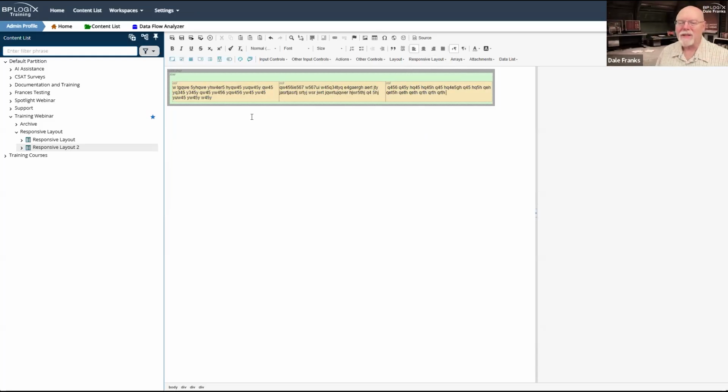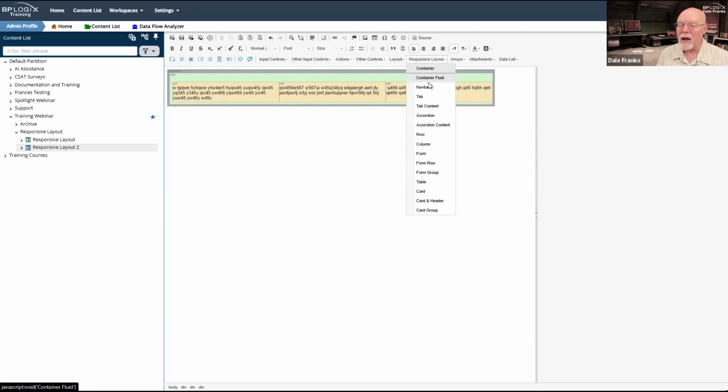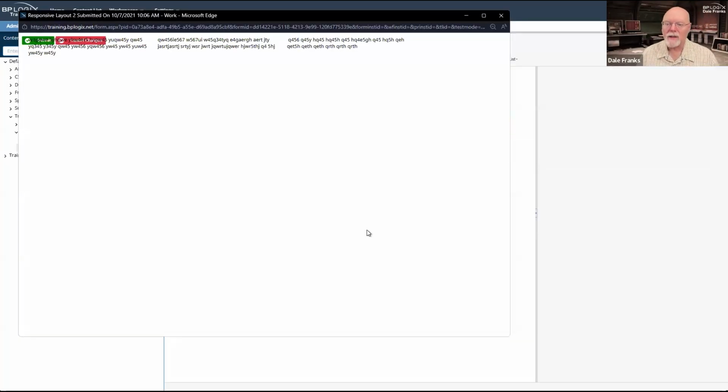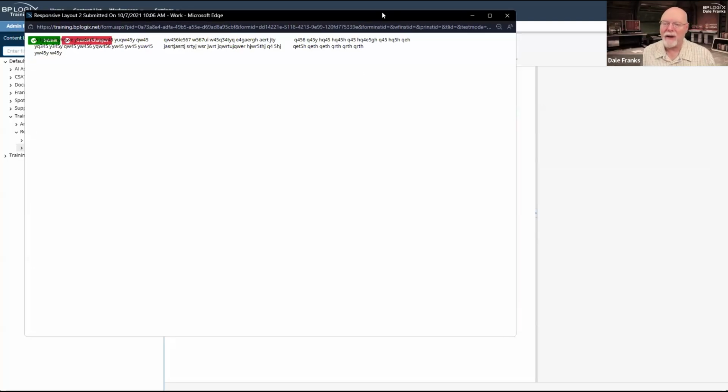So this is the basic format that we want. We want to have a container, a row or a form row, and then a column or a form group, which we'll talk about in a second. But these are the three basic elements of a Bootstrap layout. Now, remember I said there were two types of container controls, right? There's the container and the container fluid. So right now we're using the normal container control. What the normal container control does is it presents your page in a fixed width.